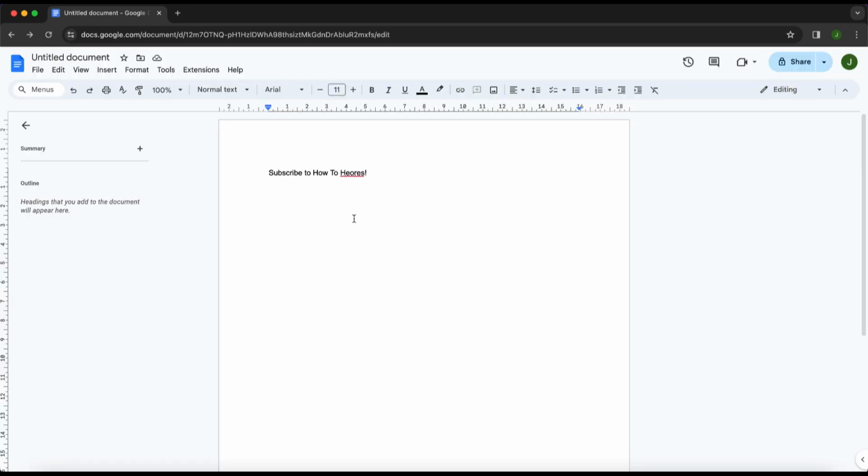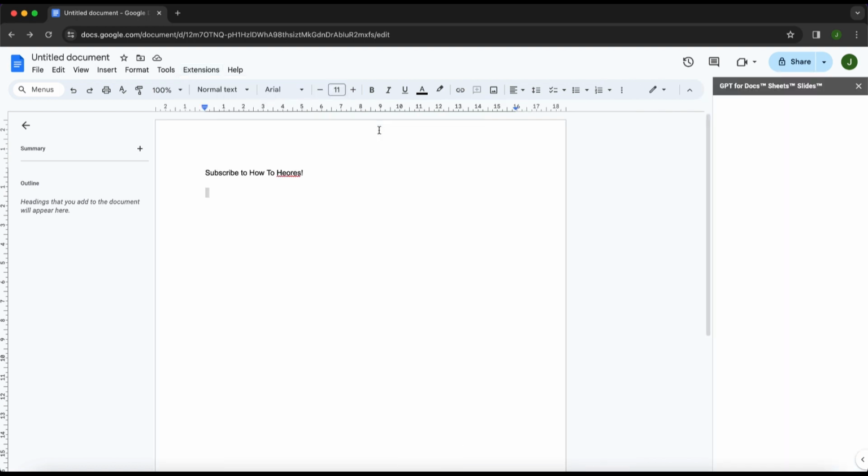And then you're going to click on the extensions there. You will find GPT for Slides and Docs. Simply hover over it and click on Start. Wait for a while until this menu appears on the right side of the corner. After that, you're done. Here you can create text, improve the already written text, add stock images, or even generate